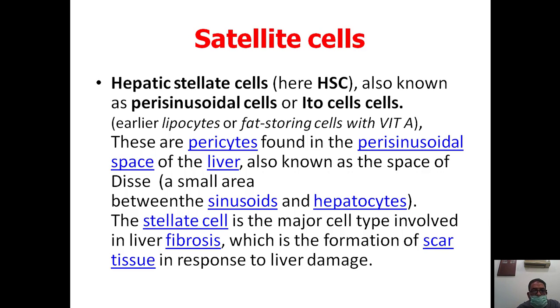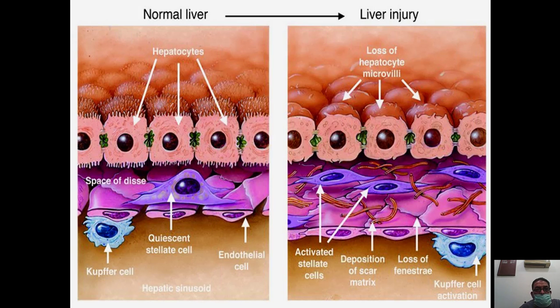So the satellite cell, or I2 cell, is the first to respond to the liver insult. ये पहला सेल होता है जो कि लिवर की इंजरी को मार्क करता है, सैटेलाइट सेल. Now